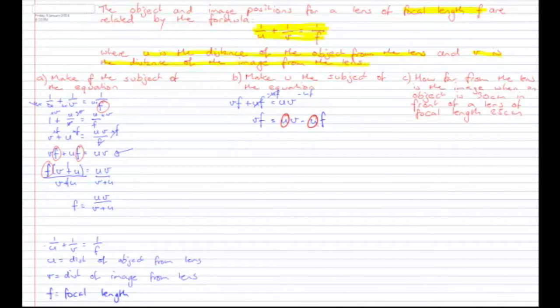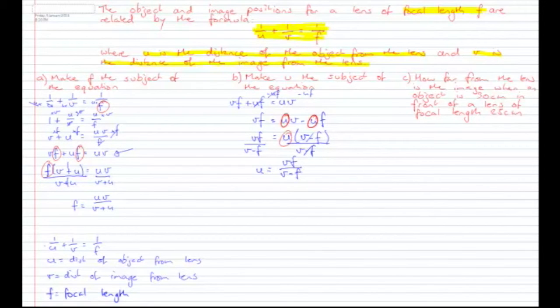With the 2 different types of u's, it means that we need to factorize. So take the u as a common factor, u(v minus f), because when you do u times v, you get uv. When you do u times negative f, you get negative uf, and you've got vf out the front here still. Alright, now I've only got one type of u, and it's out the front, and it's been multiplied by v minus f. So of course we need to divide both sides by v minus f. The v minus f's here will cancel out,